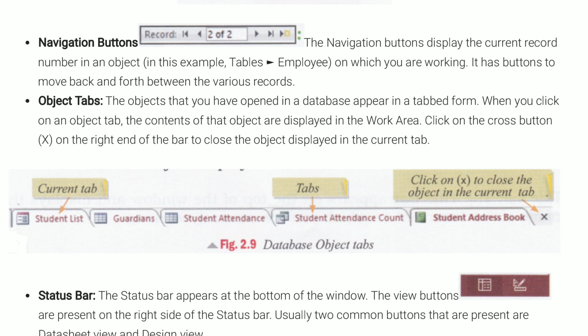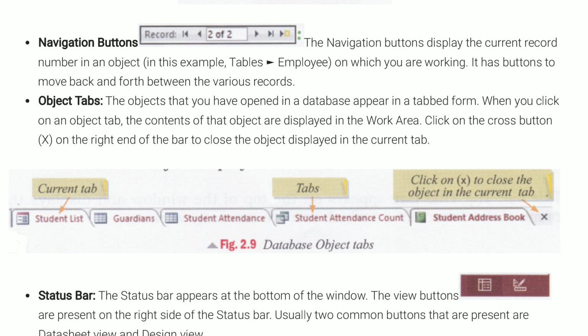It has buttons to move back and forth between various records. We can navigate in the table. We can move the command from first record to last record, first column to last column. We can move the command upward or backward using these navigation buttons.